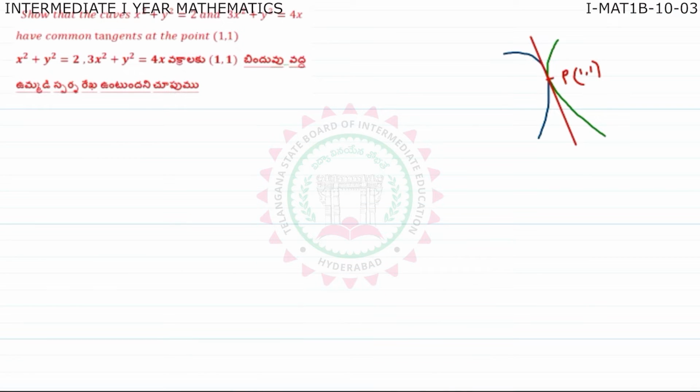So next, see this question. Show that the curves x square plus y square is equal to 2 and 3x square plus y square is equal to 4x have common tangents at the point (1, 1). So this is the rough diagram, where this is the first curve and this is the second curve. At this particular point, this curve and this curve have the same common tangent, meaning if you prove m1 is equal to m2,